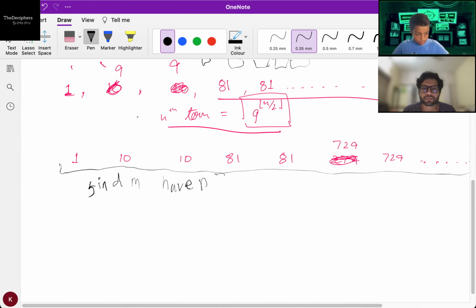Okay, so I think if we have the length, then just do... I think if we have the length, then we can do